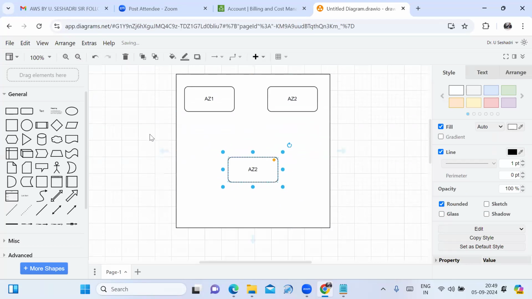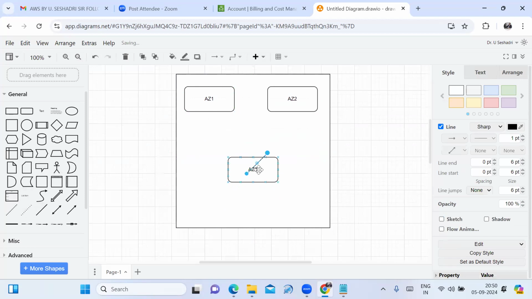See, from one availability zone to another availability zone, there is a strong connection, a very high throughput and low redundancy.